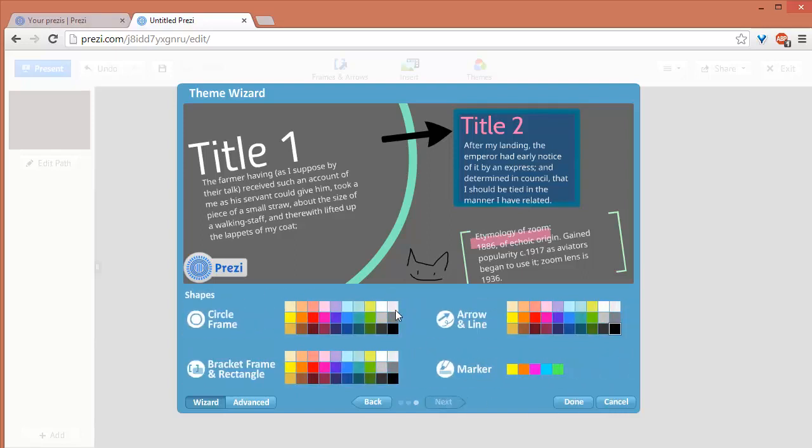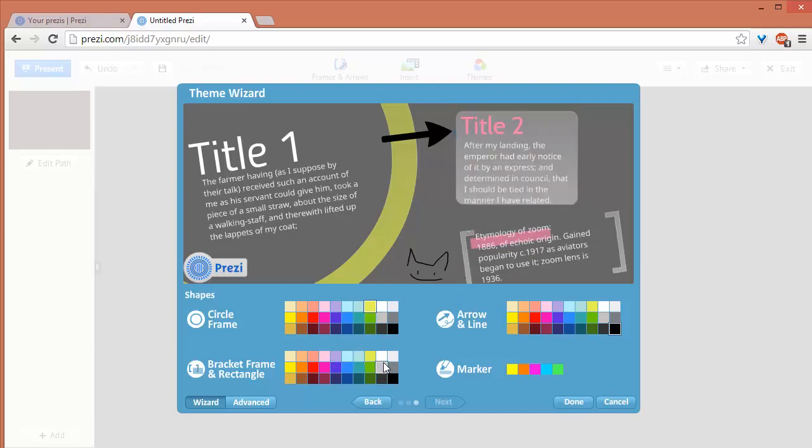Okay. The next is the color of the circle. So here we have the green circle. So let's say I'm going to choose this lighter yellow, or that one, this one. And then for the bracket, I'll choose this, and it will also use the same color as the rectangle,